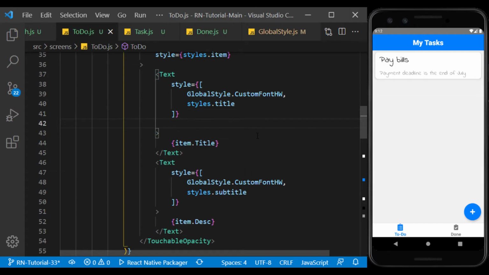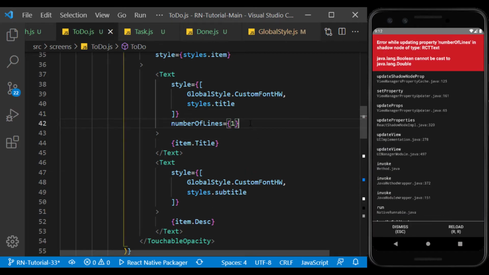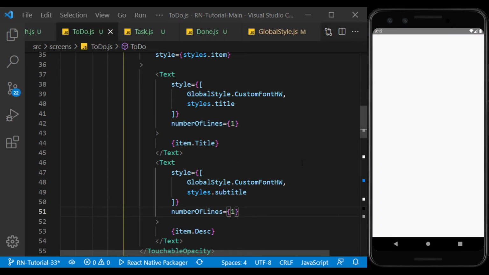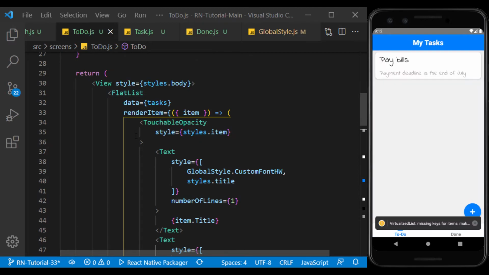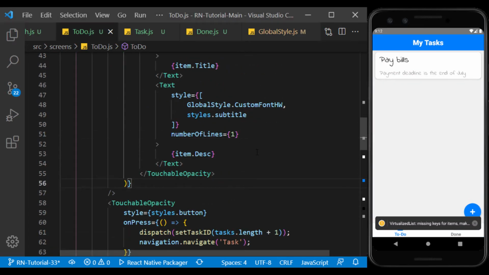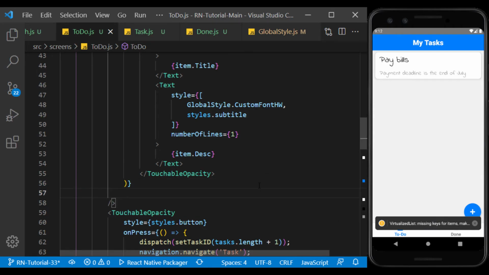I also use this prop to specify that each text be displayed in a maximum of one line so that the order of the items is not disturbed. And because of this warning, I add key extractor to the flat list.